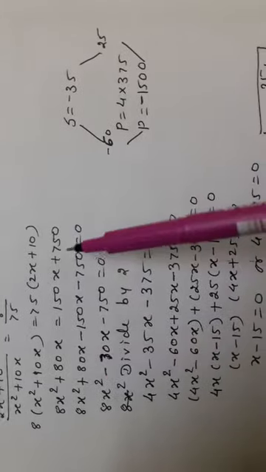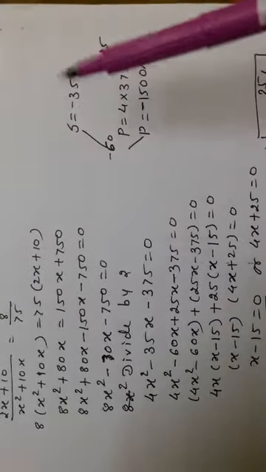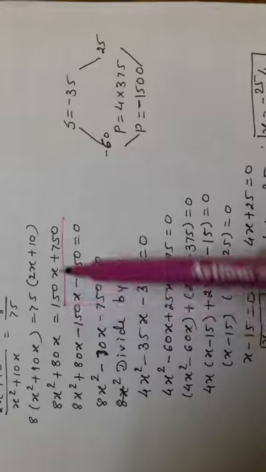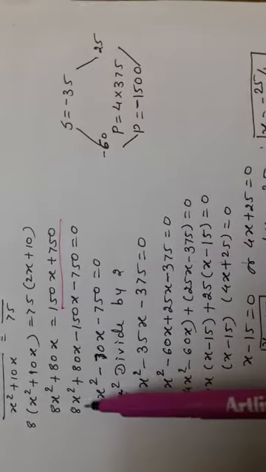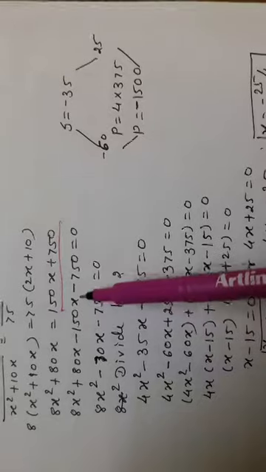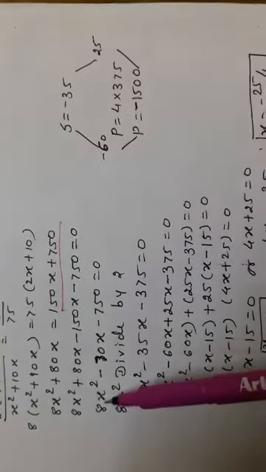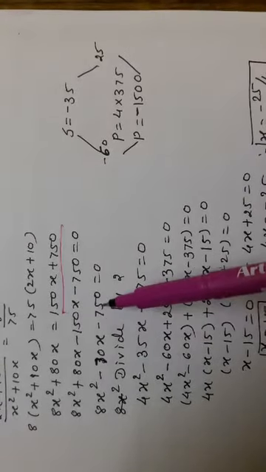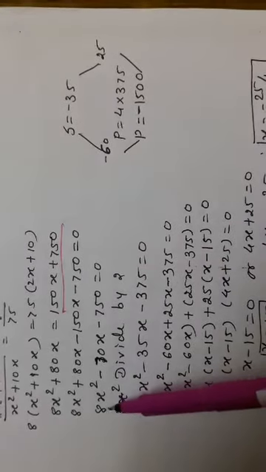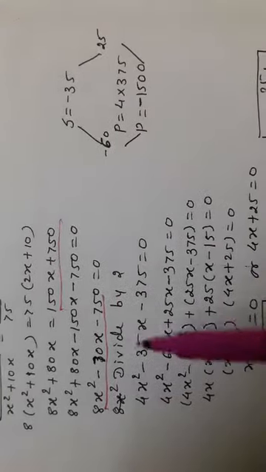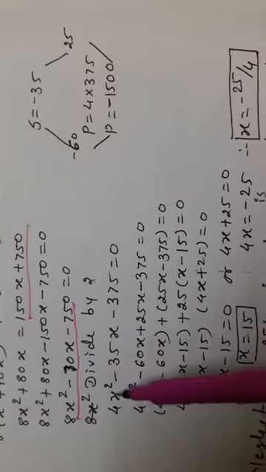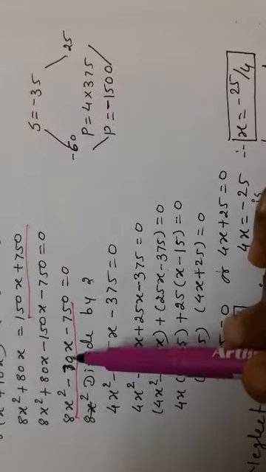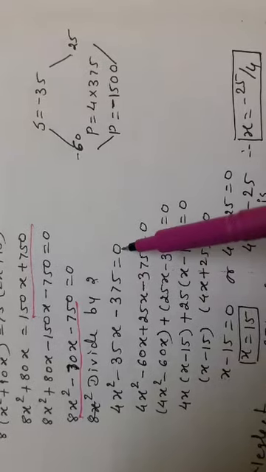Now we want the right hand side to be 0, meaning whatever terms are on the right hand side we will shift to the left hand side. When it goes to the left hand side, plus will become minus. 8x square plus 80x minus 150x minus 750, which is equal to 0. 8x square is as it is, plus 80 minus 150 is nothing but minus 70x, and minus 750 is equal to 0. Are you finding that all these terms are divisible by 2? So we will divide this whole quadratic equation by 2. 4x square minus 35x minus 375 is equal to 0.